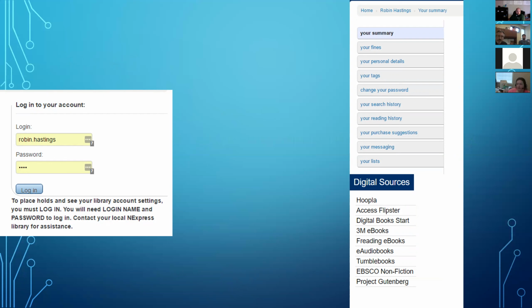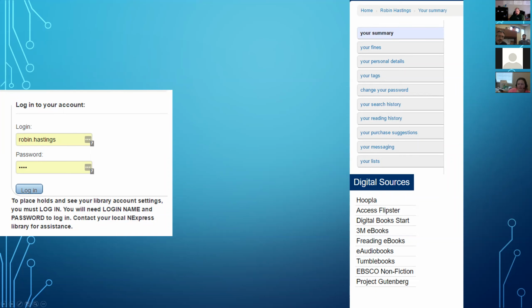When I said you could go in to edit your patron record, that's where you set that information for you and for your patrons. It's going to default, I think, to your card number, but I went in and changed it to Robin.Hastings because, quite frankly, I hadn't memorized my card number at that point. So, and then your password or your PIN, and then you click on Login.